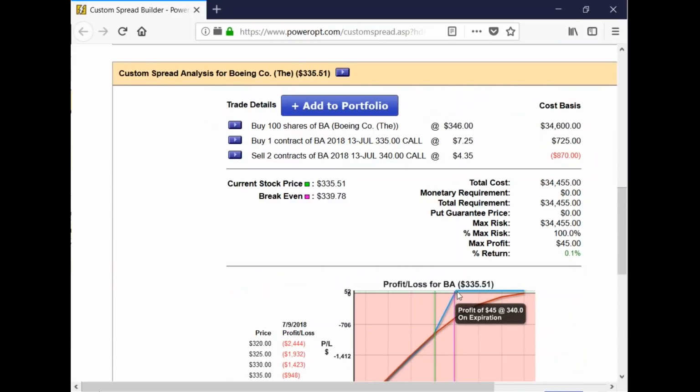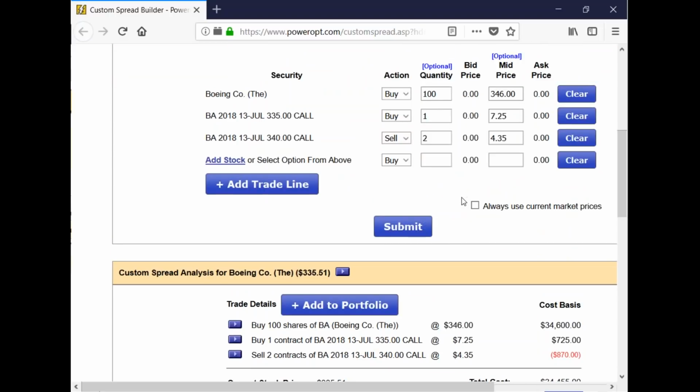And there you go. So not a great return, but remember, you've lowered your break even from 344, 345, 346 down to 339. Now what if you shifted it? What if you bought another 100 shares if you had the funds to do it? You get put at 350. With the premium, your cost basis is 346.